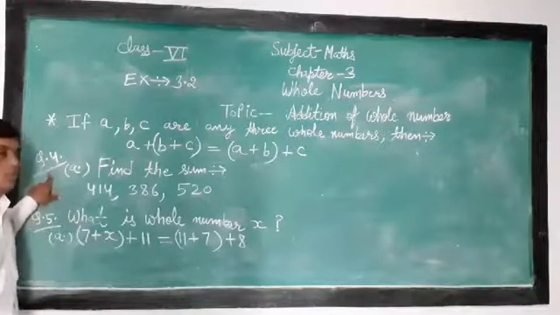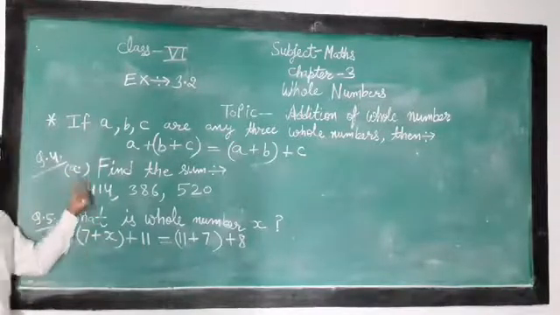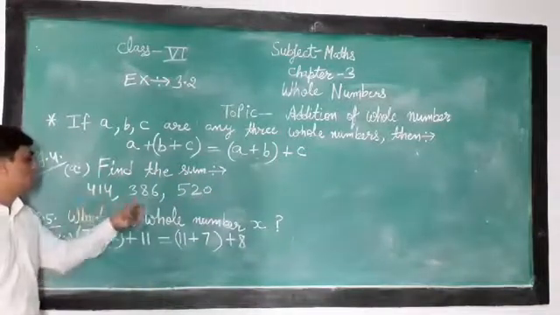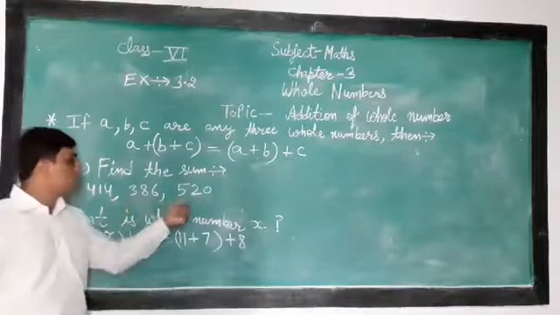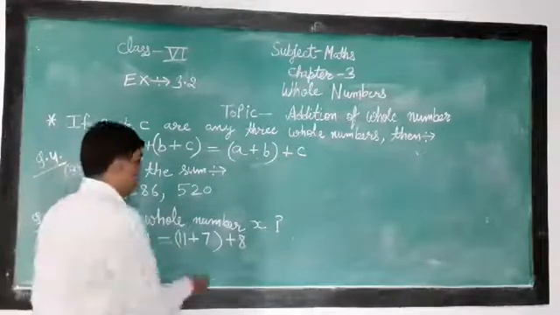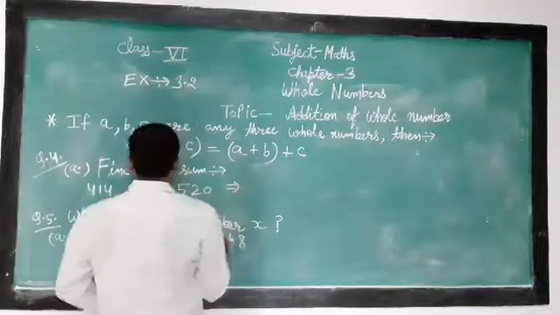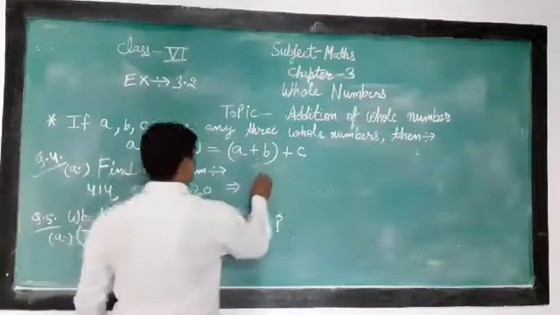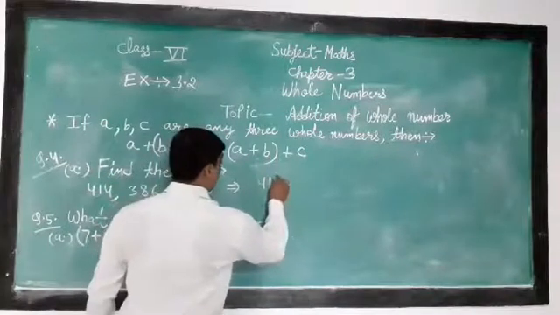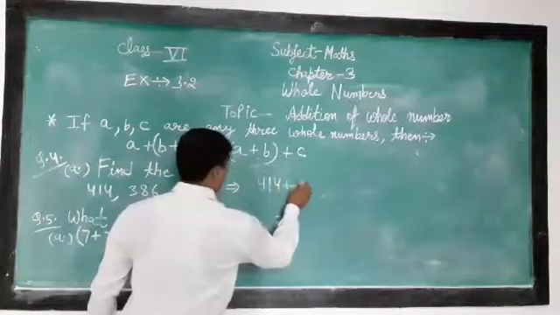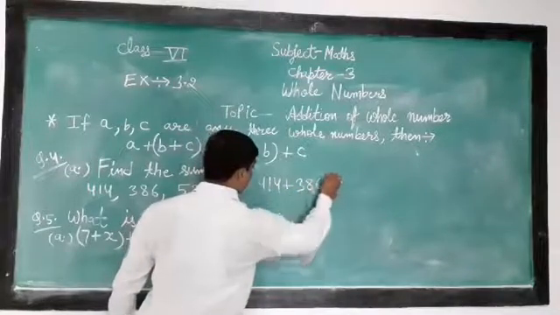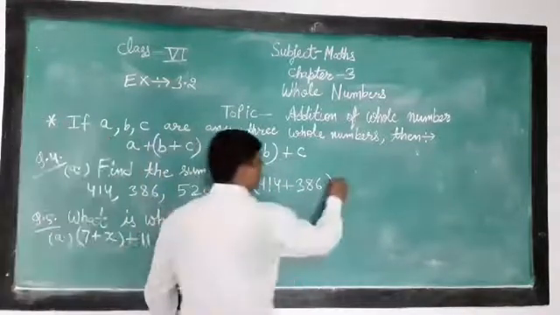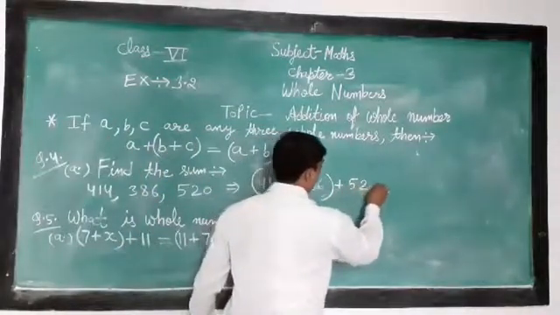Question number 4, exercise 3.2, A part. Find the sum 414, 386, 520. Solve the question. 414 plus 386 plus 520 is equal to